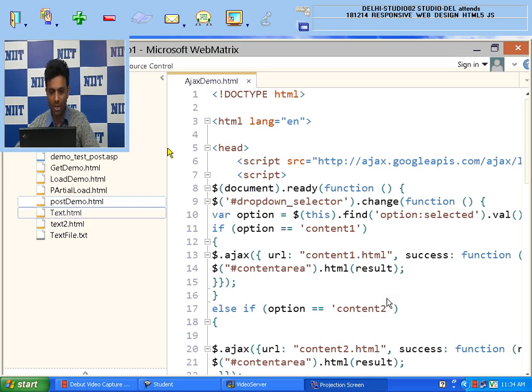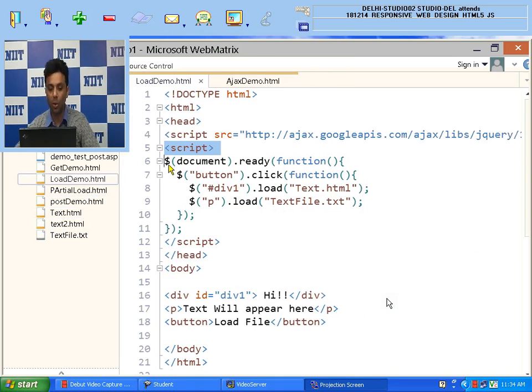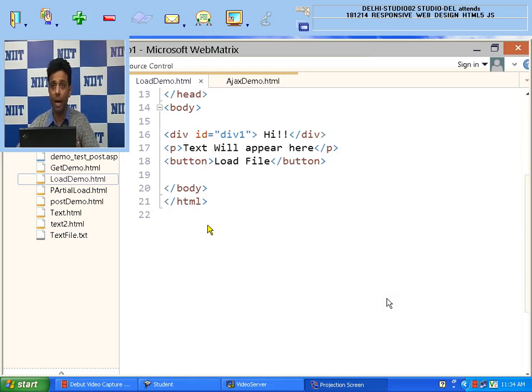So I have the first example, that is for load. I am trying to explain load with an example. Before we start, just have a look at my HTML part. In this HTML part, I am using one div container with an ID of div1.